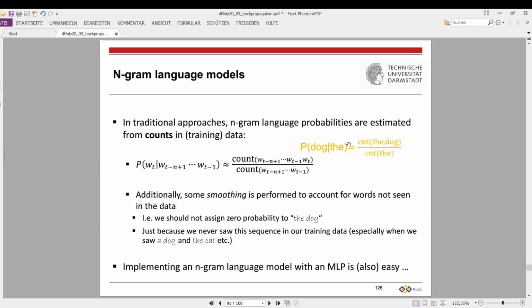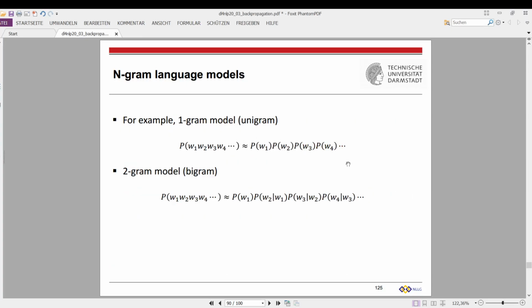So this is the estimation of these conditional probabilities. In addition, some smoothing is usually performed to account for words not seen in the data. The idea of smoothing is that we should not assign 0 probability to anything. So instead of assigning 0 probability, we could add some real number or some integer up here and also some integer up here, so that 0 never occurs, because if any of these factors is 0, then the whole thing is